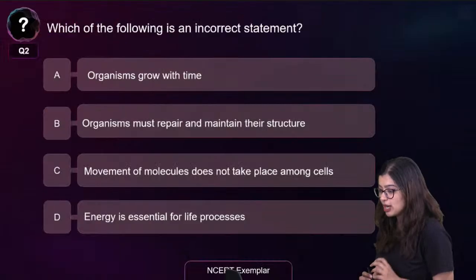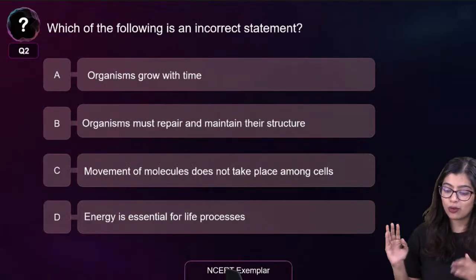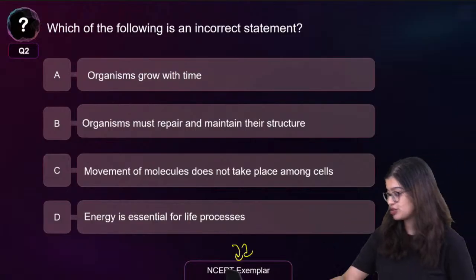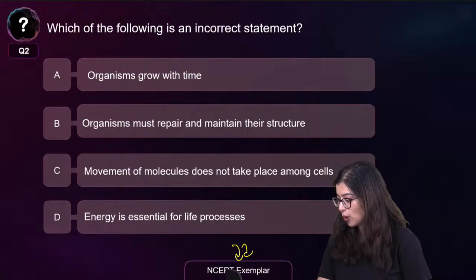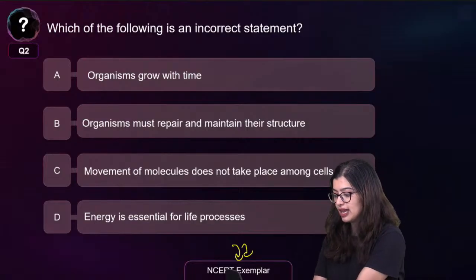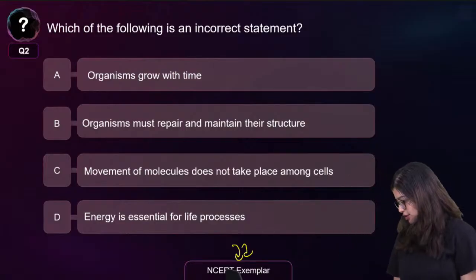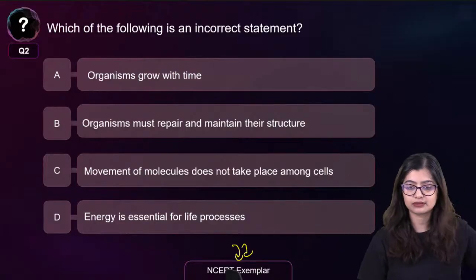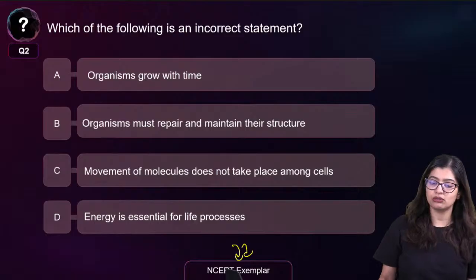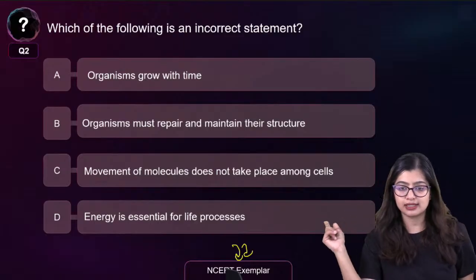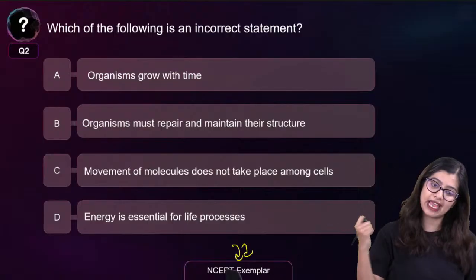Next question is going to be a poll question for all of you. Which among the following is incorrect? And this is an NCERT exemplar question. I'm going to quickly give you a poll, so that you can give me the answer in the live chat. This is a very simple, easy peasy question. I'm sure you will be able to give me the answer. This is not a PYQ. The previous one was a textbook in-text question. This right here is going to be an exemplar question.